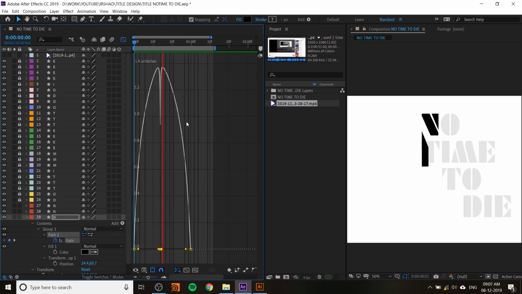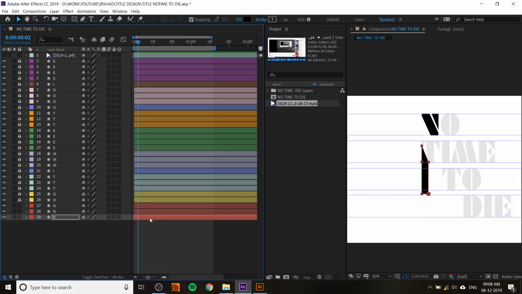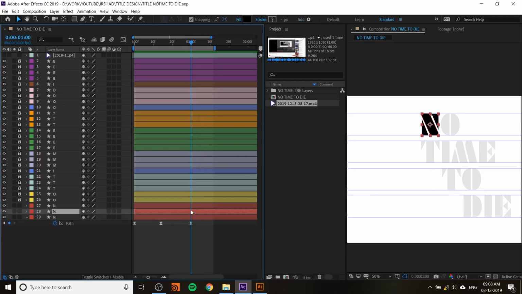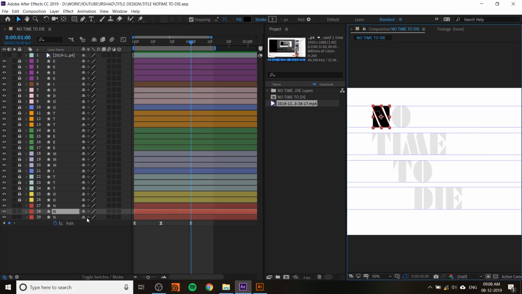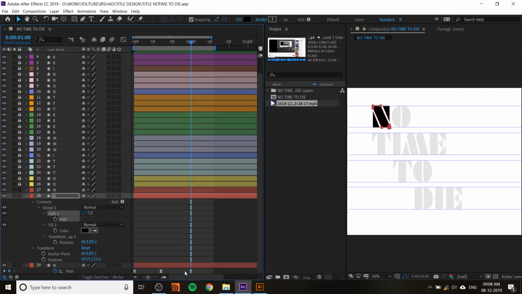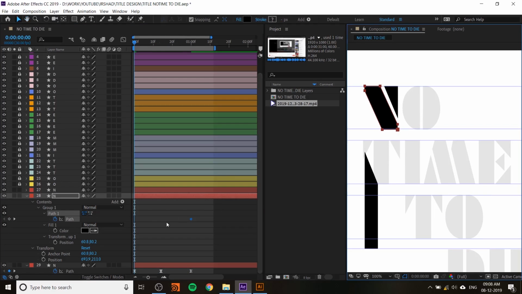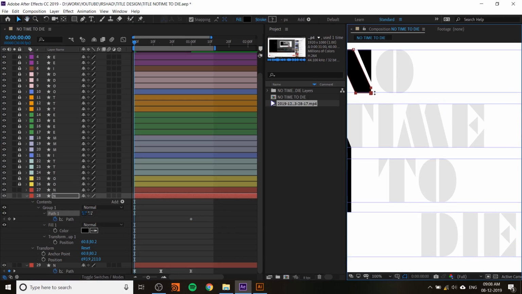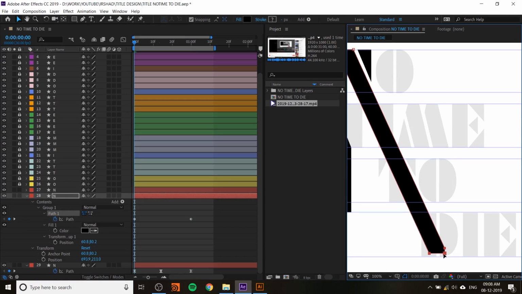Anyway, look at this, it's almost fine. Now just press U, you can access the keyframe value. Now go to the second and double click on U and add a keyframe in paths in same position, the ending, and go to the first frame and click on the path, then select the keyframe, so select the point and move this like diagonal,